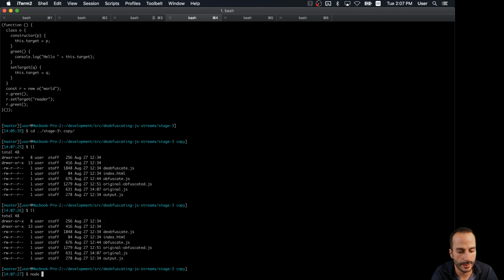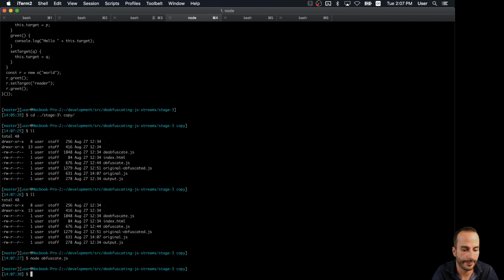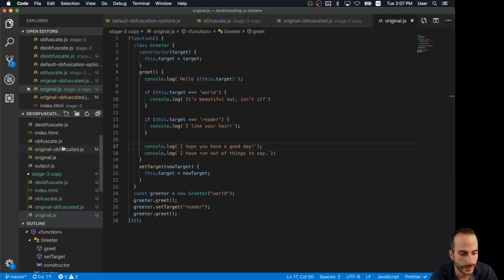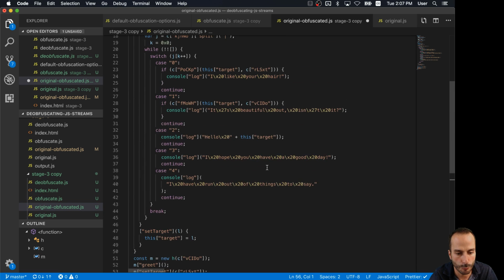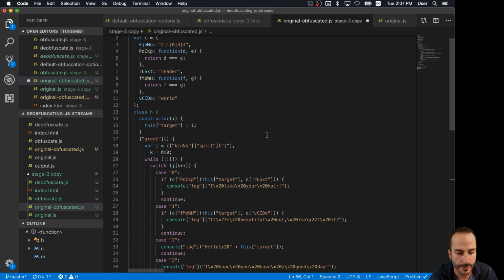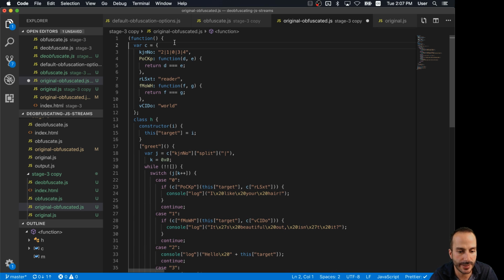And now let's obfuscate that. So, original, obfuscated. Format. You can see what's happening here. First off, we have this new data structure up here, which includes some functions, some strings, this strange looking